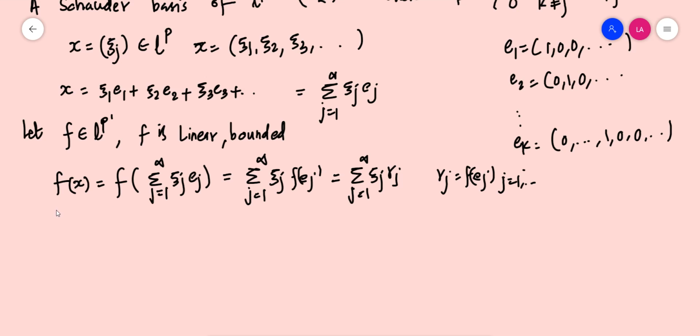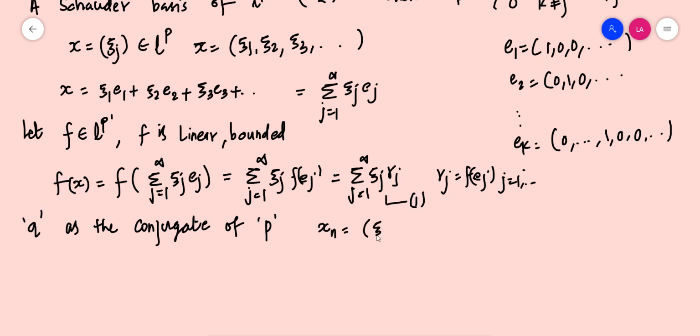Associated with this functional, we need an element in LQ. So take Q as the conjugate of P, and this result is true for every x, which we call equation number 1. And since this is true for every x, we can take a particular class of sequence. Let xn be the sequence theta jn. We define a sequence x1, x2, etc., and theta jn is defined as